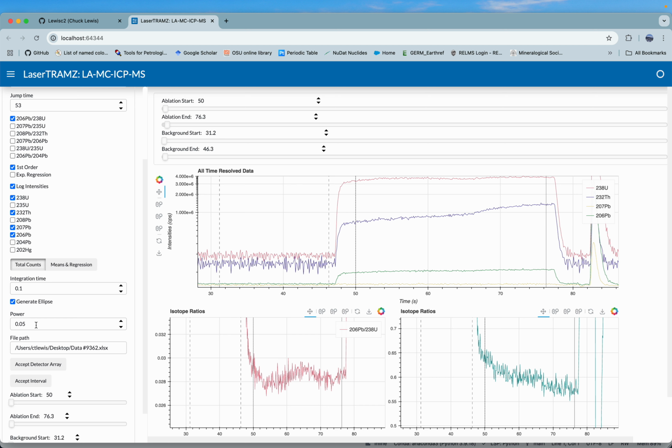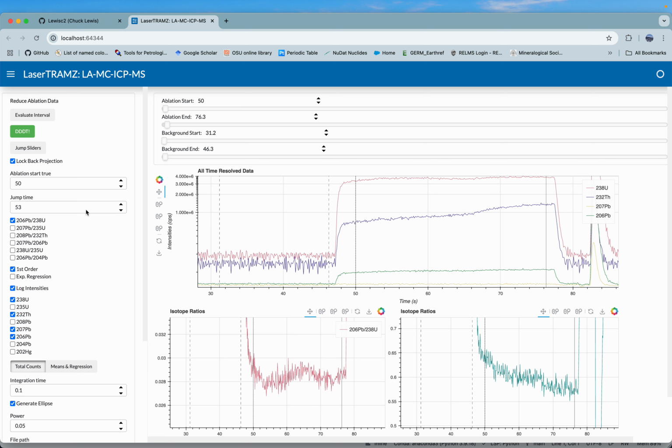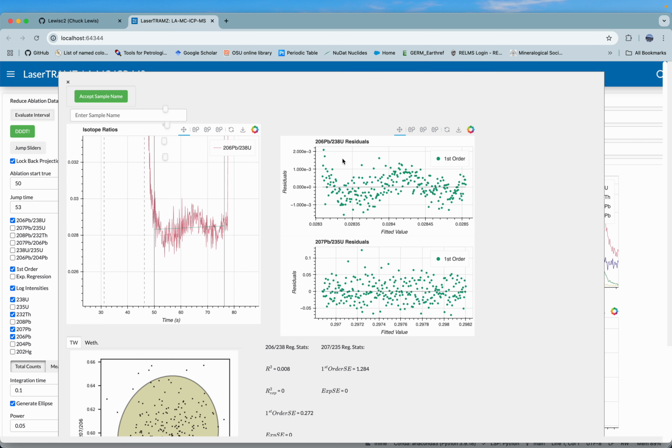You can change the power of the resulting confidence ellipsoid for all of these analyses by changing this value. To get the common 95% confidence interval, you would just leave that at 0.05. So when I'm happy with my ablation interval, I'll hit evaluate interval, and you should get this